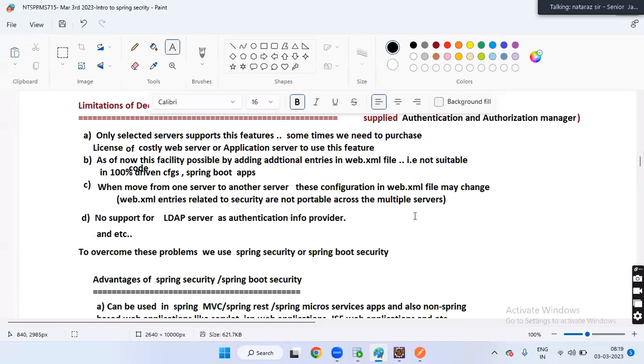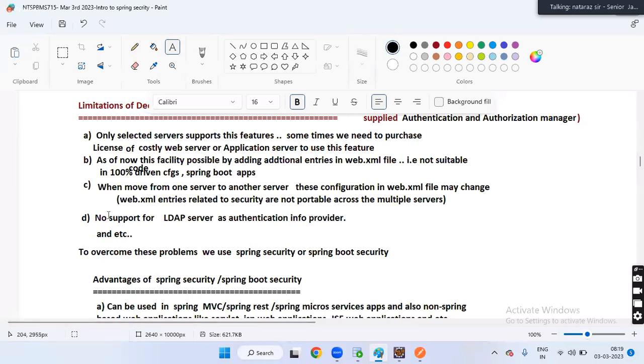Do you really think they are portable across multiple servers? No, not at all.